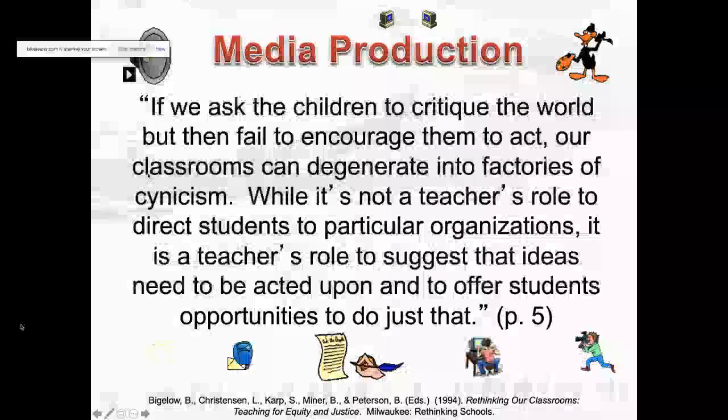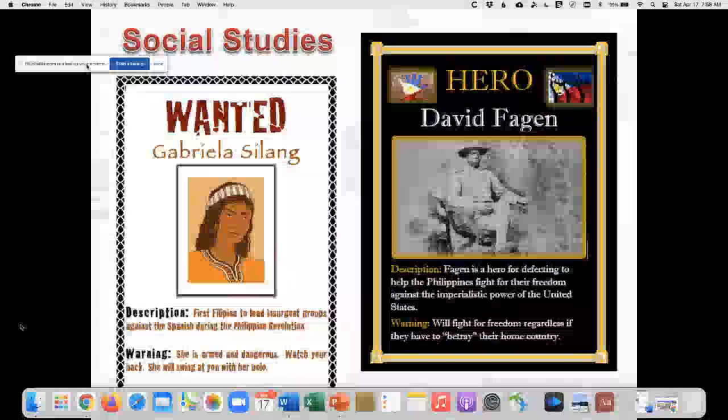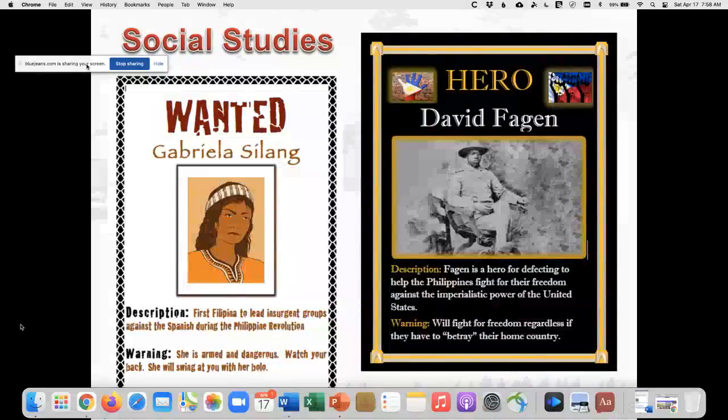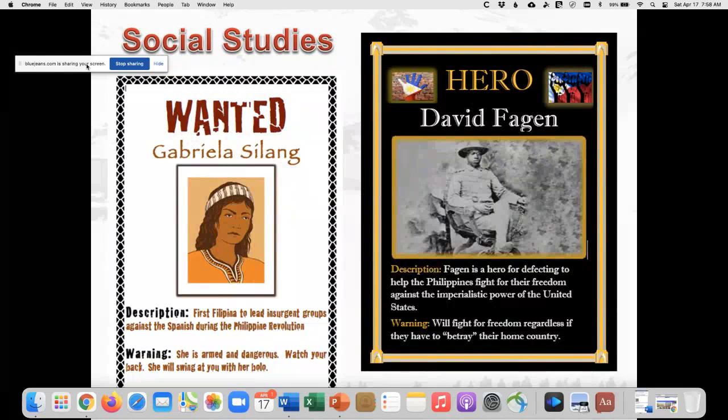So here are some examples I want to share of products that students have created. And I want you to remember, we need to recognize that education is not about products, it's about a process. Learning is a process, critical thinking is a process. But we can use products and projects like this as a fabulous tool for getting at these deeper understandings of the process. That's the idea behind it, that we're creating these posters to demonstrate and to reflect and to practice the skills of critical thinking. So here are just two examples from social studies teachers where they created posters to highlight people who are missing from the history books.